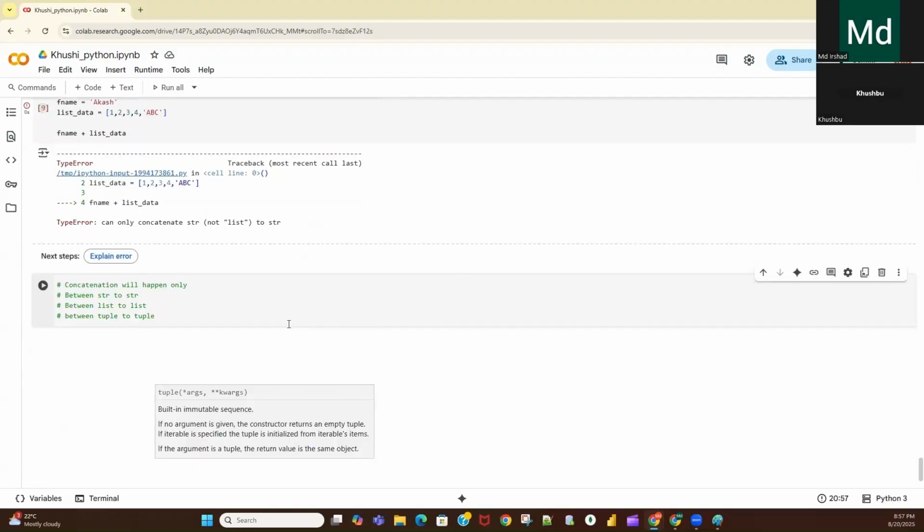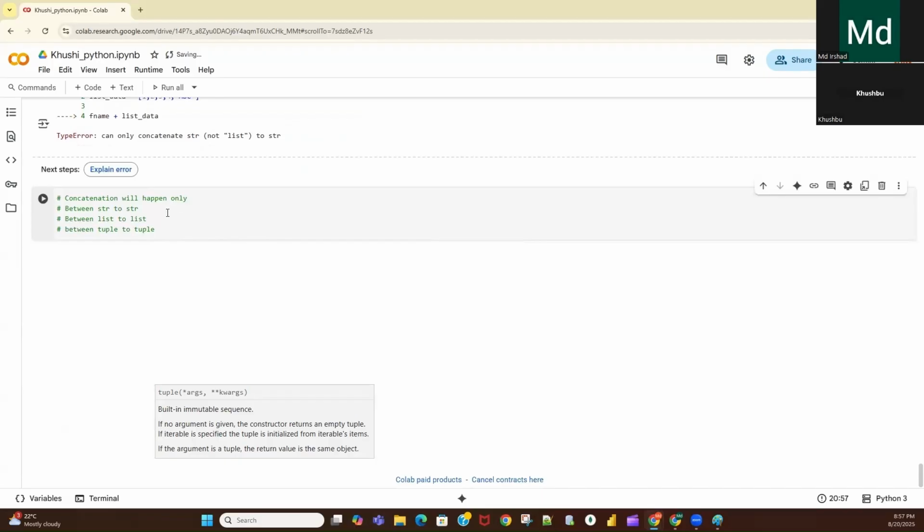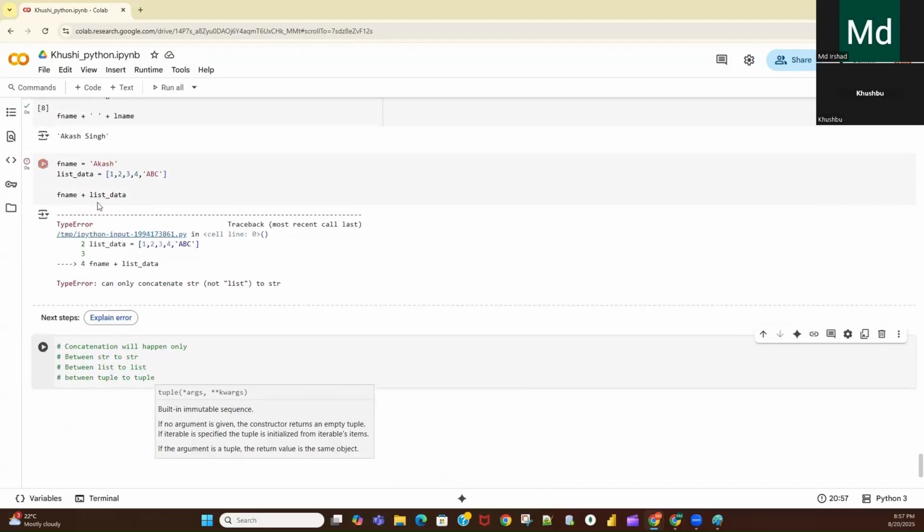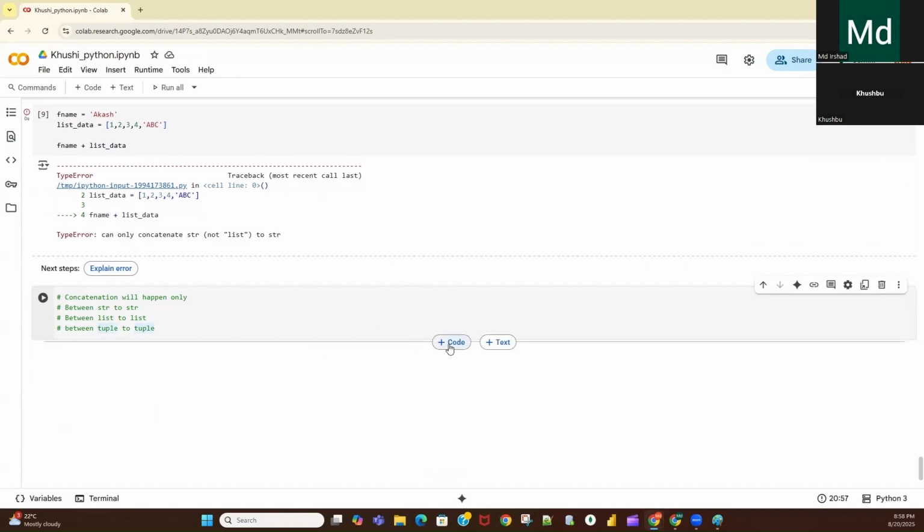Clear? Okay. So we cannot concatenate a list with a string, we cannot concatenate a tuple with a string, and we also cannot concatenate a string with other data types. So this is your concatenation.